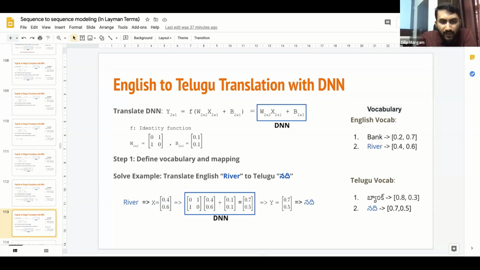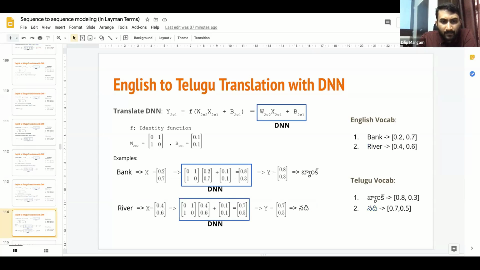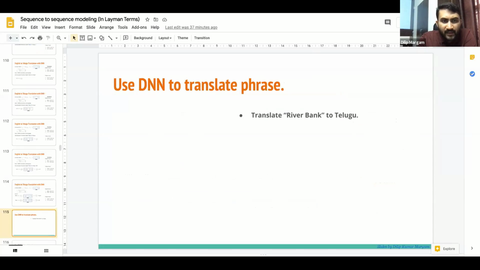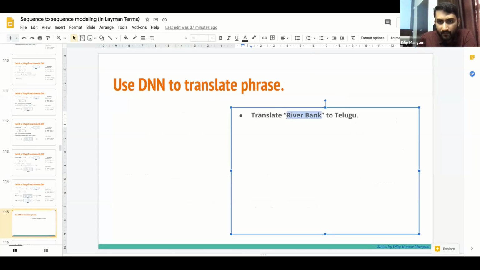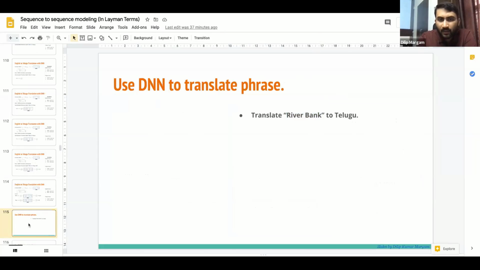Now let's look into more details. Let's use the same DNN to translate a phrase: river bank to Telugu.